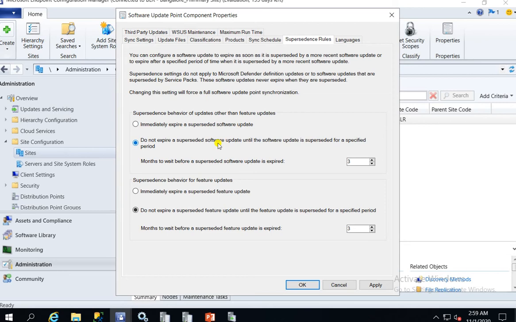After it is superseded, how long until it is moved to the expired patches? That setting you can change from here. You can keep 3, 4, or 5 revisions, but Microsoft recommends the last 3 revisions, because more than 3 revisions will not be useful. Up to 3 revisions it will stay in superseded mode, and you can deploy that superseded patch if it is needed or if it is part of an ongoing deployment. But Microsoft recommends not deploying the superseded patch.